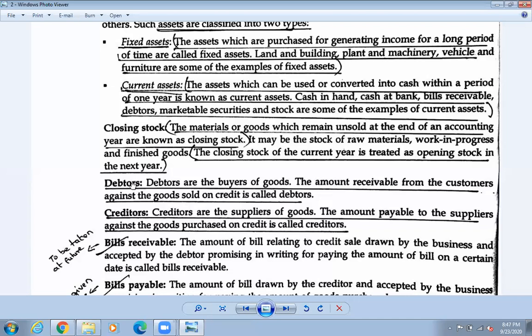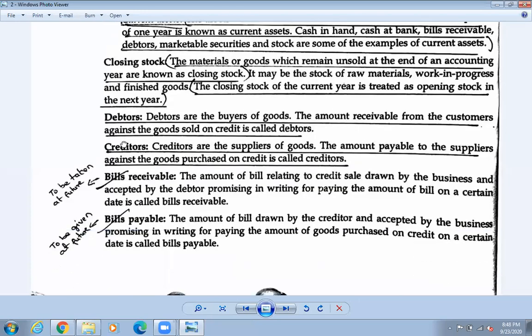Okay. So debtors, I told you the meaning of debtors and creditors also. So there are two types. One who is taking the loan, and the next one who is giving the loan. Credit means loan, isn't it? Credit means loan. So those who give the credit, they are called what? Creditors. Who gives the loan? So they are called the creditors. Okay. So debt means what? It is baki. So debt means baki. So those who take the baki, what do we call them? We call them debtors.